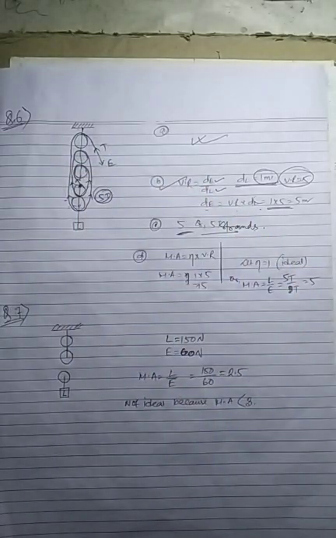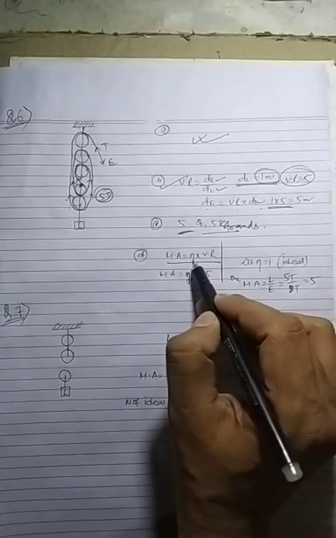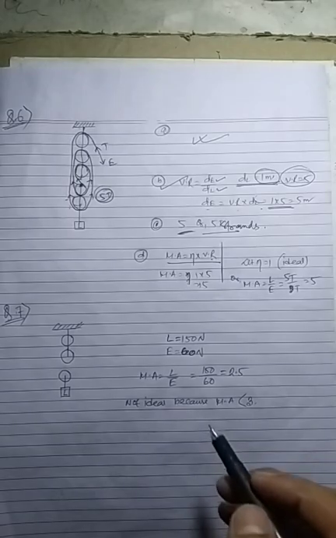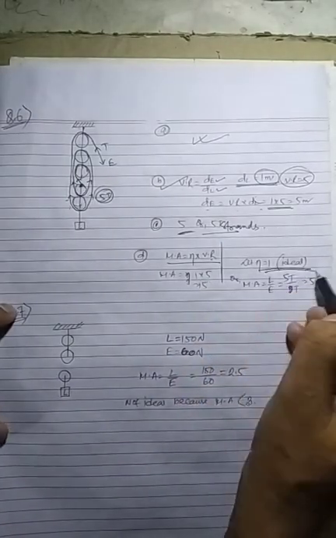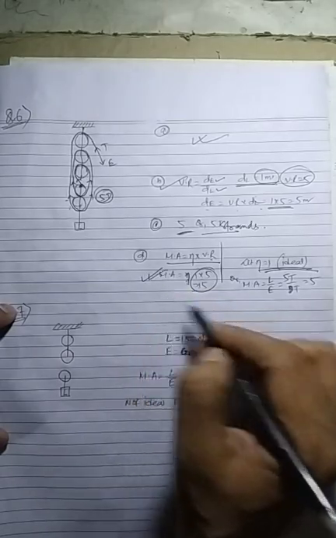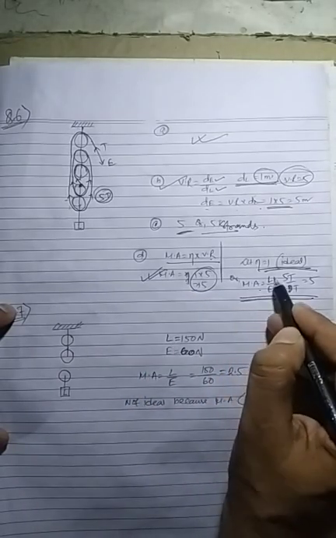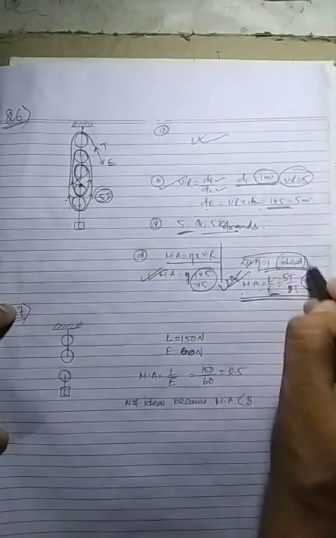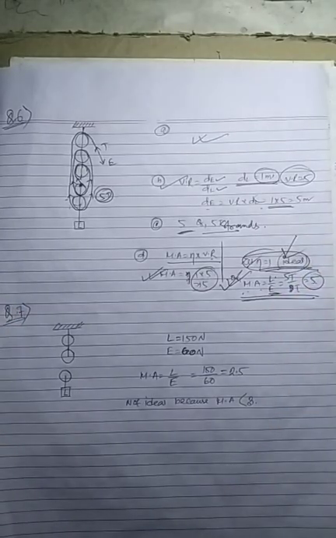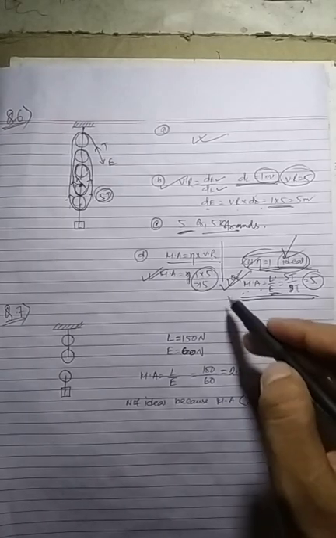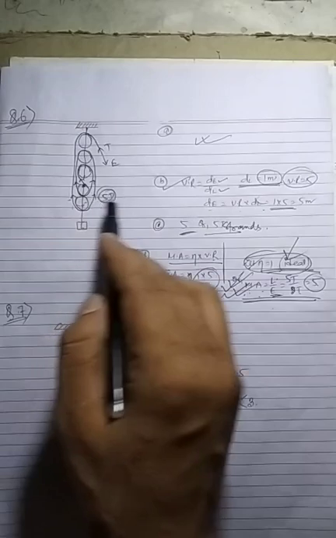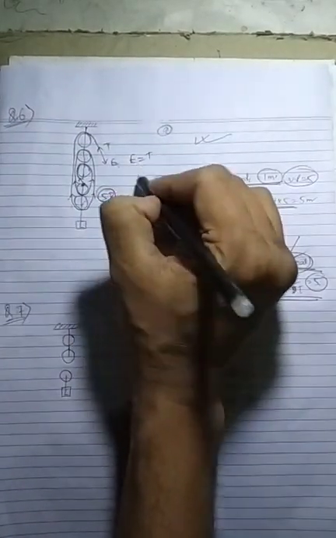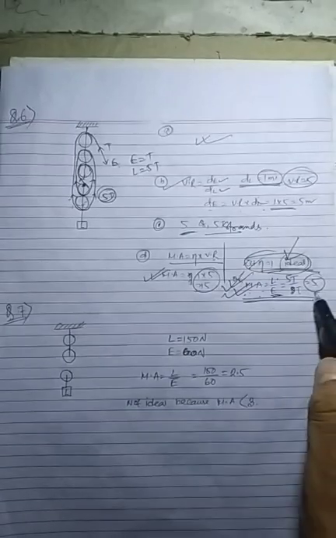Now D, what is the mechanical advantage? Students, mechanical advantage is eta into VR, which is 5. Nothing is given for eta, so we can assume an ideal system, and it comes to 5. Or you can use this formula: mechanical advantage is load by effort. Load is 5T, effort is T, so it is equal to 5. That is the simple formula. Efficiency is not given, so I just assume that value. Load by effort: 5T is balanced by E equal to T, and load is equal to 5T, so the mechanical advantage will be 5.